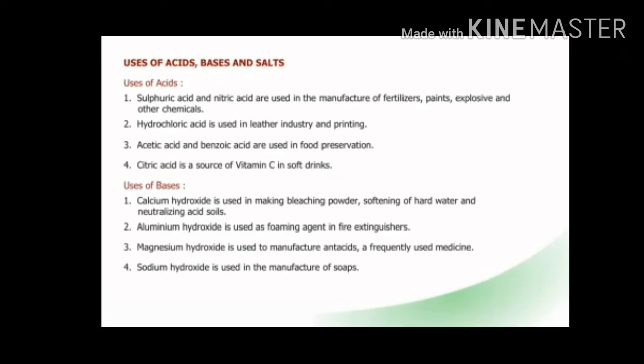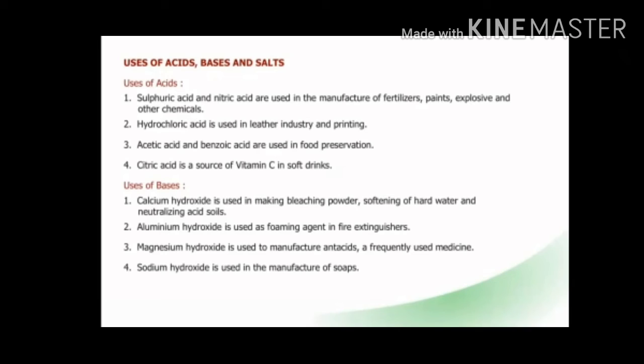It is used in car batteries also, and it is used in dry cleaning. Now, nitric acid is used in the manufacture of fertilizers. It is used for making explosives also. And the acetic acid is used in food preservation. Acetic acid is an edible acid, and we use it in pickle also, in chow mein also, and it is used as a solvent.